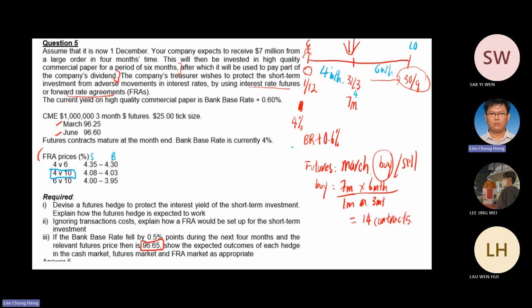So for the forward contract, you need to sell. When you sell, the bank needs to buy. So the bank gives you this rate, the lowest rate. Then the bank sells high at the 4.08 to other people. So the bank earns the rate difference in between. Okay, so what happened next? And then you do nothing until